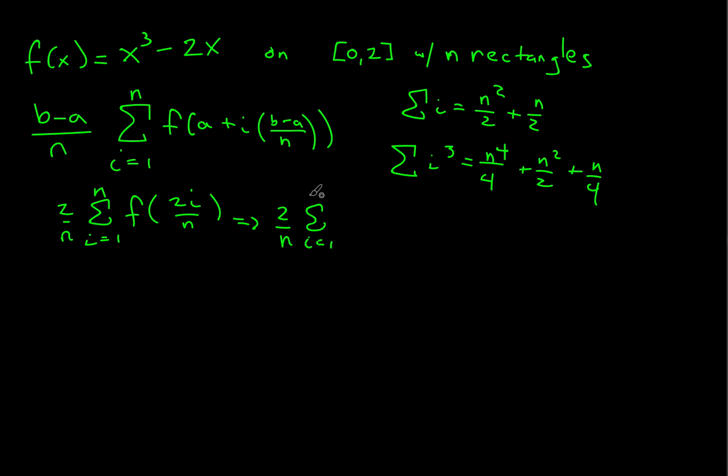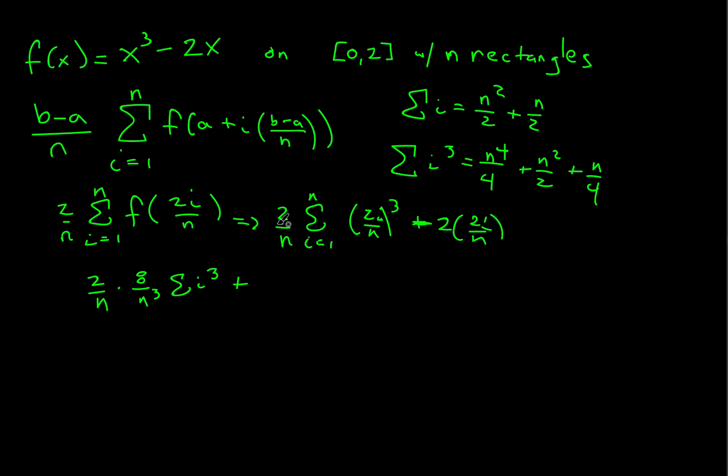times the sum from 1 to n of 2i over n cubed, actually minus 2 times 2i over n. We can rewrite those. We get 2 over n, and if you see, the only thing that's going to matter is that i, and we'll have i cubed. 2 cubed is 8 and n cubed, so we'll have times 8 over n cubed, and we'll just have this sum of i cubed